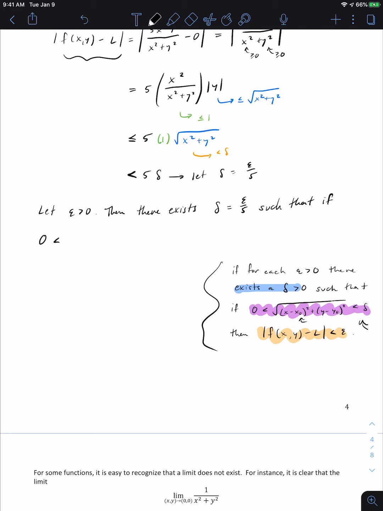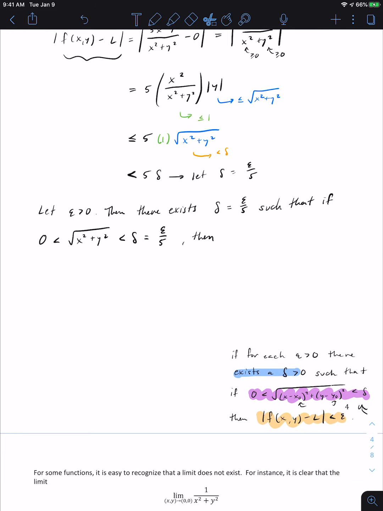But what's our point? Our point is (x naught, y naught) equal to (0, 0). So such that the distance between any point (x, y) and (0, 0), in other words, the square root of x squared plus y squared, is less than delta, which in this case is epsilon over 5. Then, we thought our limit was 0. So I can say then f of (x, y)